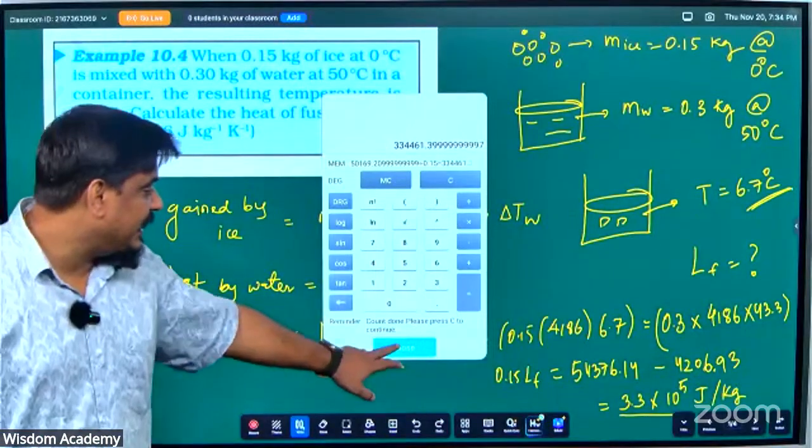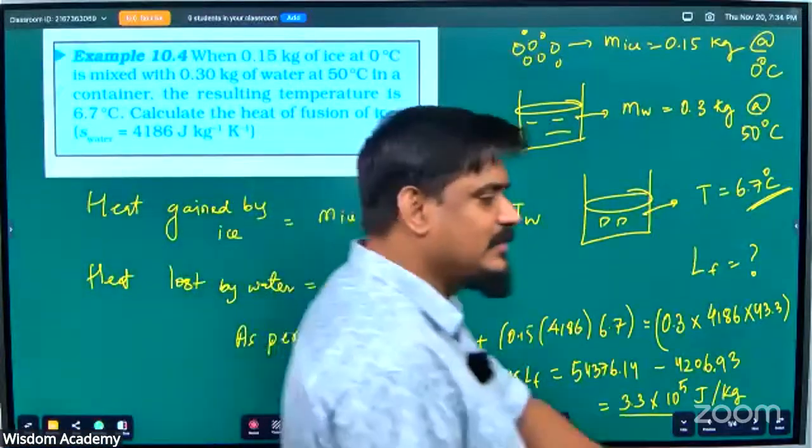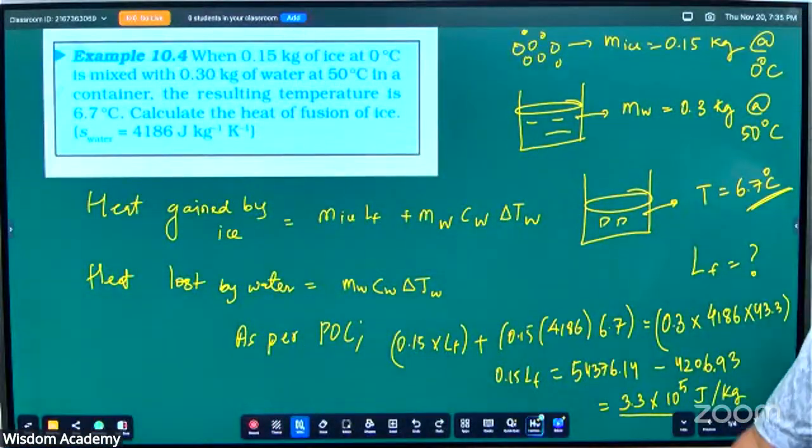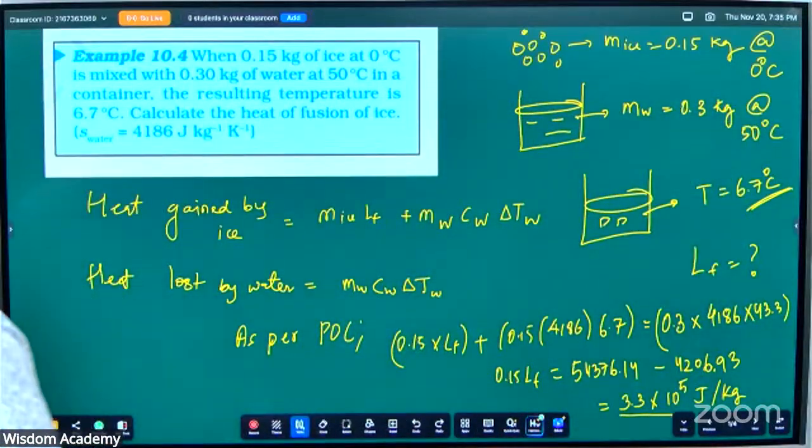If there is any problem in this solution, feel free to ask me. Anybody, online, offline, anybody has any problem in this, you can ask me. Again, I'm repeating, without understanding these things, the complex questions will trouble you. If it is clear, I'll go to the next question. To confirm you have understood everything very fine, I'll go to the next question.